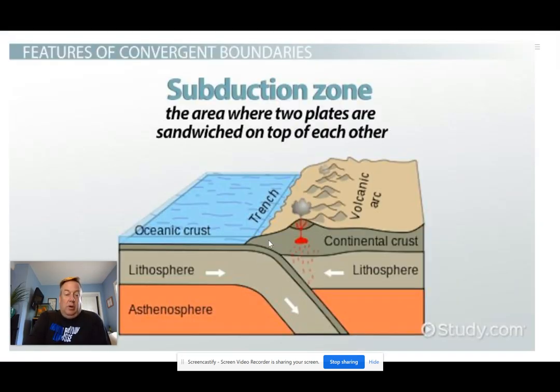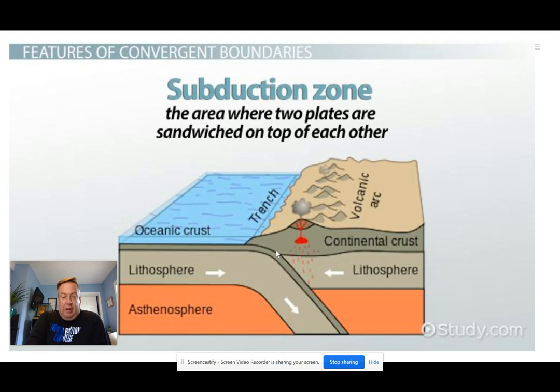Oh, I'm sorry, I wanted to cover this: a subduction zone. This continental plate on the right, we're going to call the overriding plate. This is the plate that's going to stay up top, because it's less dense. Continental crust tends to be made out of granite, so you'll hear it called granitic, and that is less dense than our ocean crust, which is basaltic. Oceanic crust, basalt, is more dense, so it goes underneath.